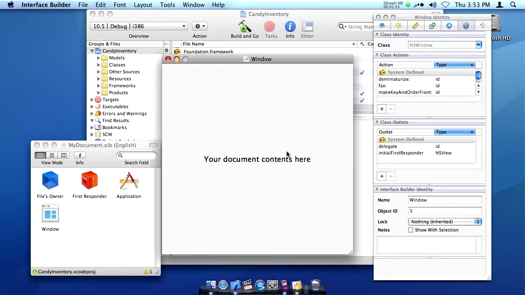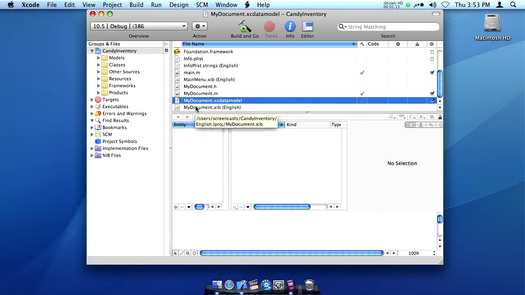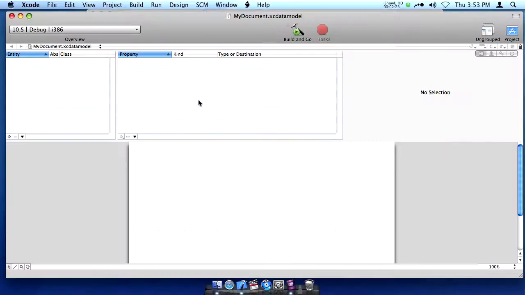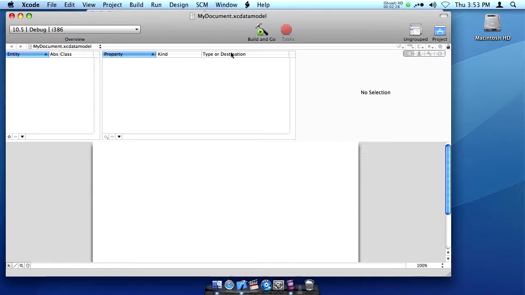What happens is when the user goes to our application, goes to File, New, it'll create another copy of whatever we put in MyDocument.xib. We also have here MyDocument.xcdatamodel, and this is where we will be designing the sort of framework for the array that we're going to put our candy information into. So if we open this up and make that a little bit smaller, like so,